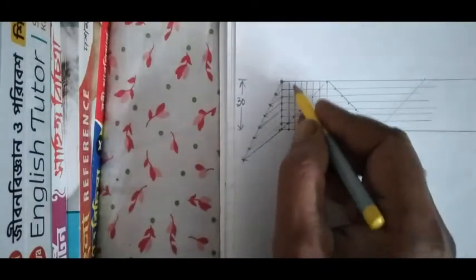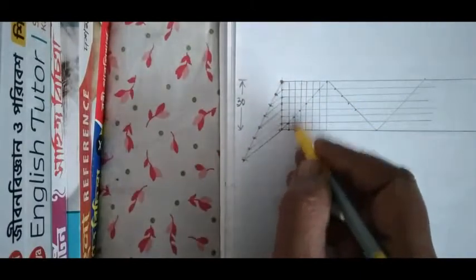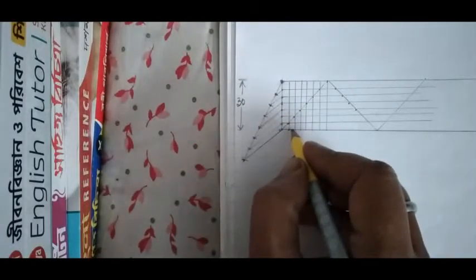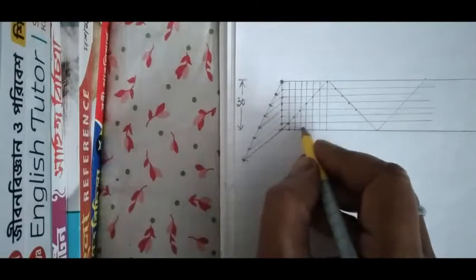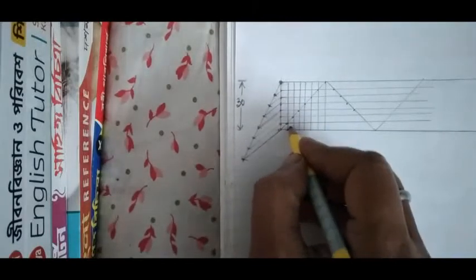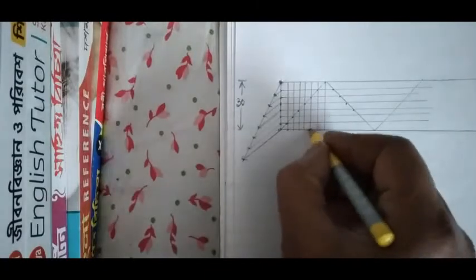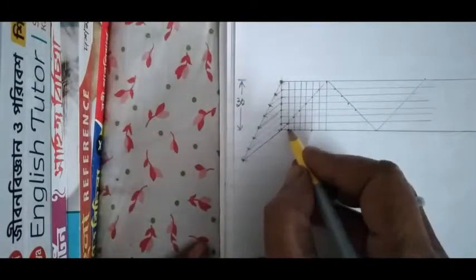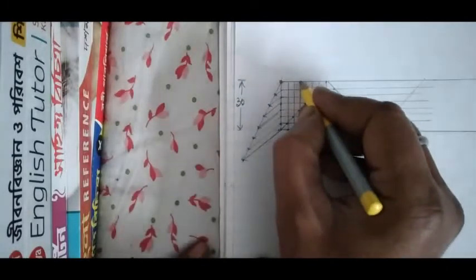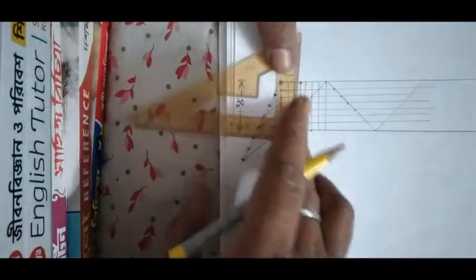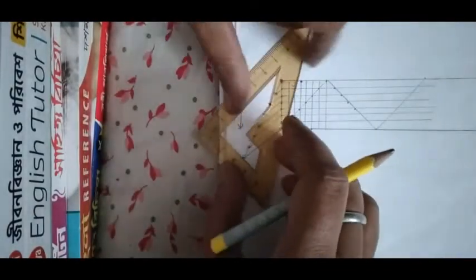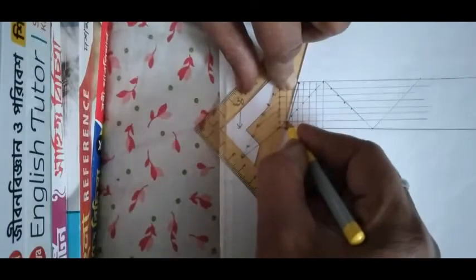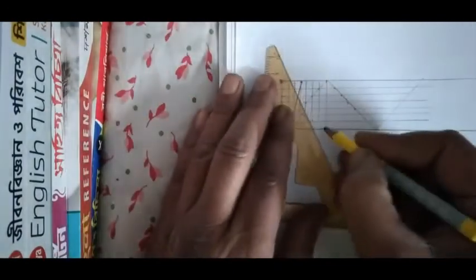So 7 equal boxes are there on the vertical side, and as the ratio is 7:4, we have to take 4 boxes on the horizontal side. So take 1, 2, 3, 4 boxes, meaning up to that box the 4 boxes are completed. So we have to draw A between these 4 boxes and 7 boxes. In these 4 boxes, this is the midpoint. Now draw A just like this up to that point,